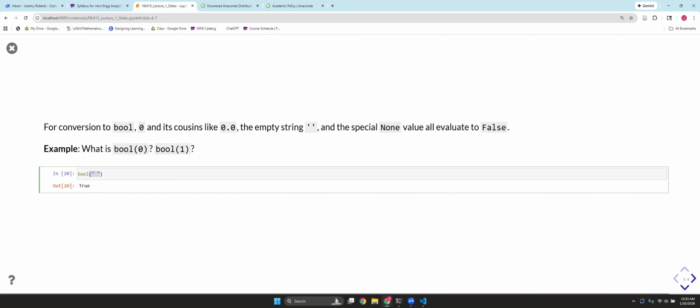We can also use the special value None. That will evaluate to false. What is None used for? Well, None is special and I think unique to Python. There isn't really an equivalent in C or C++, but None is suitable. The place where I have seen None show up more often than not is